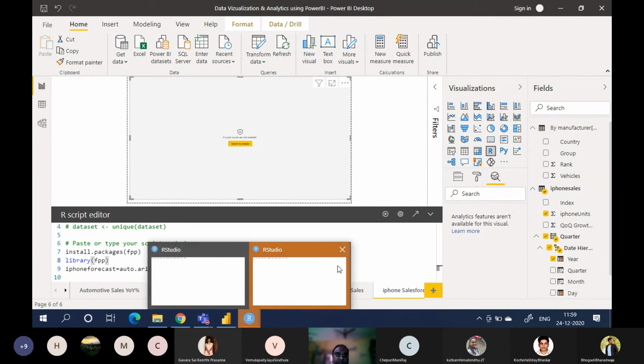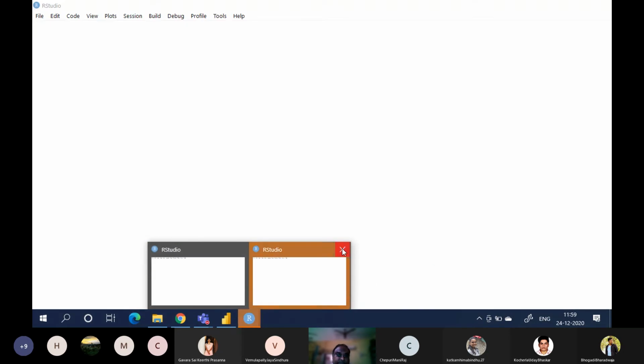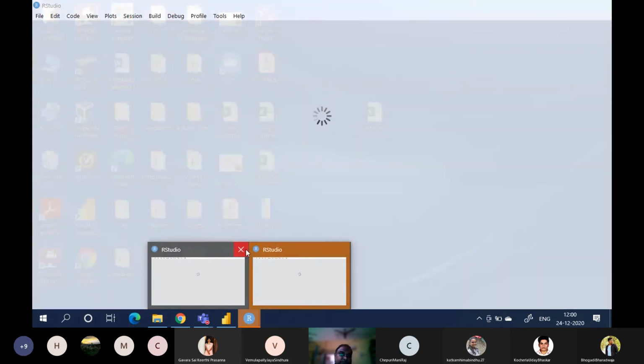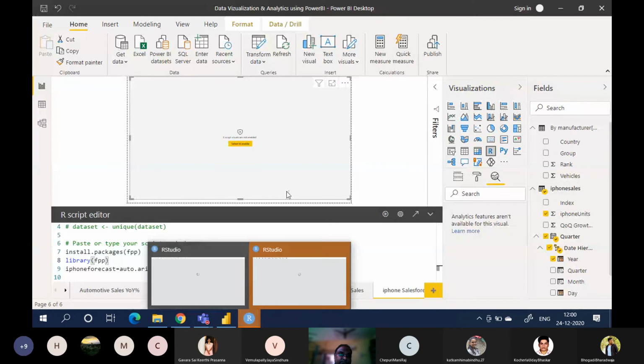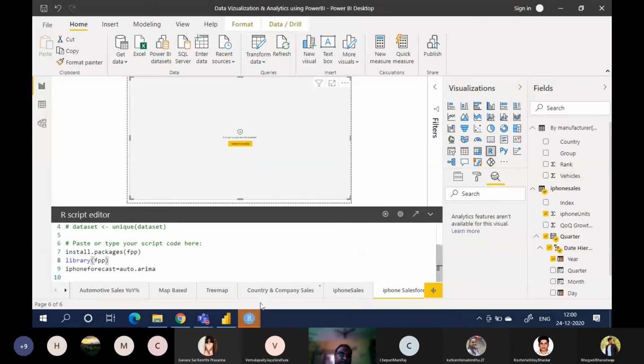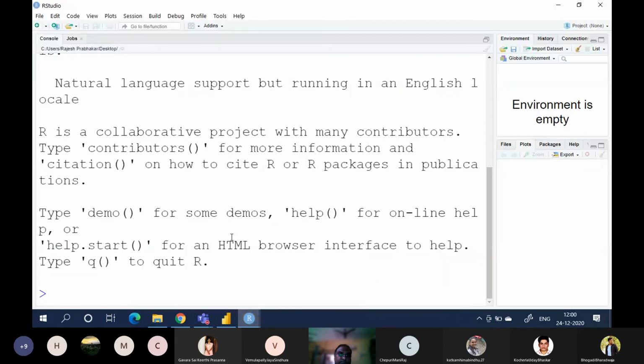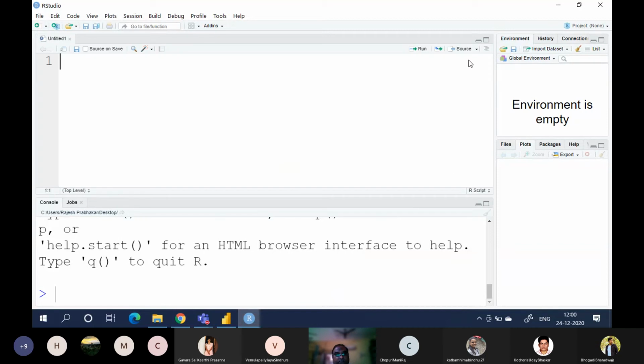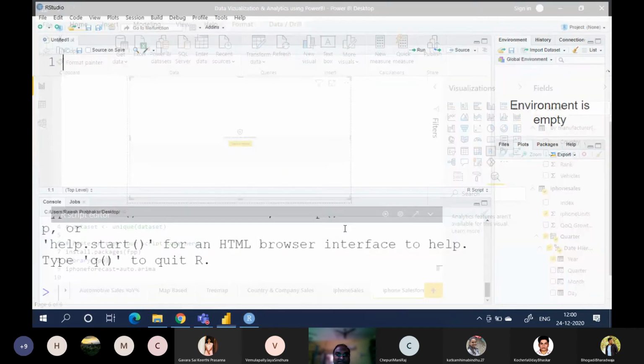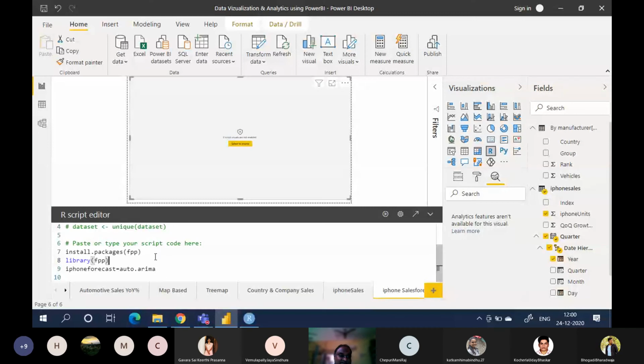Library, it automatically opened RStudio. Then auto.arima should work, right?